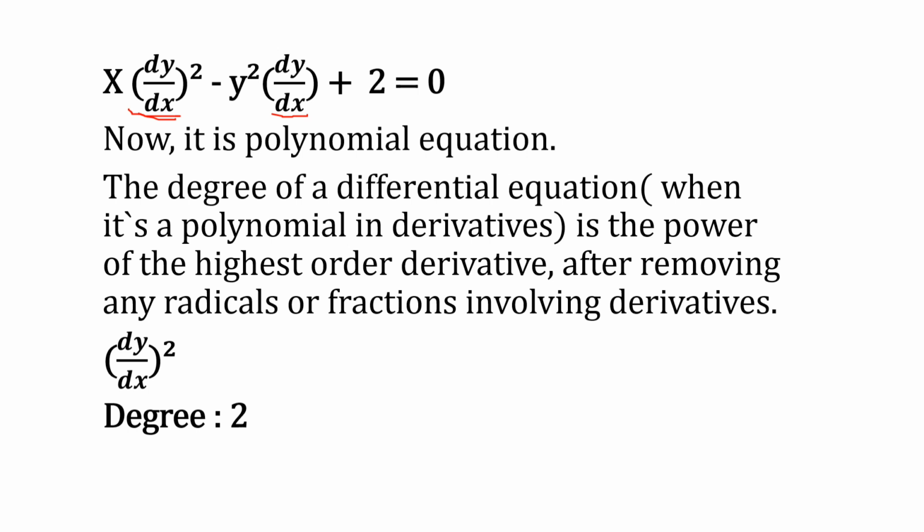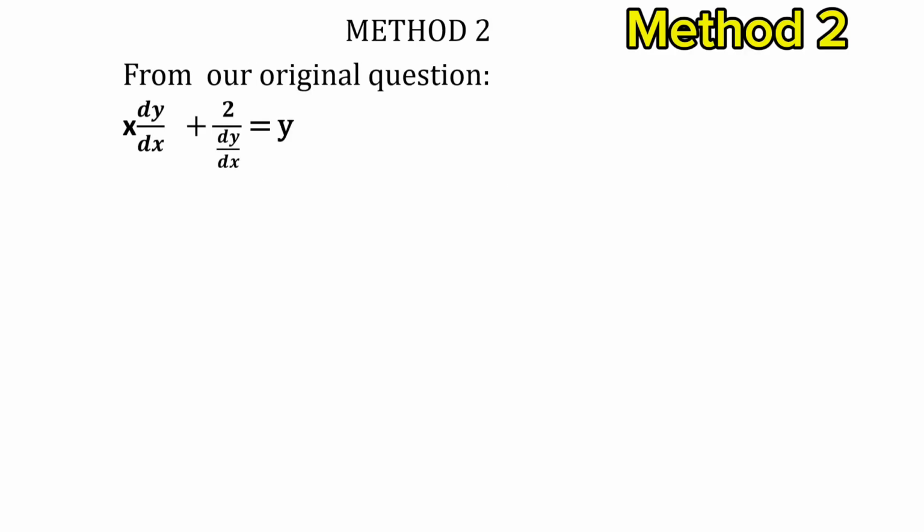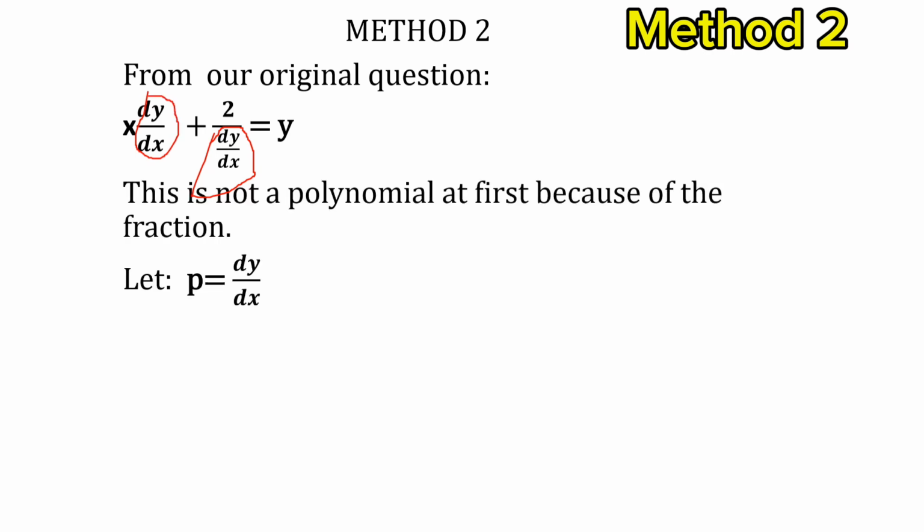Considering the second method now, from this equation, let's make dy/dx to be p. Anywhere you see dy/dx, just represent it with p. Now if I represent it with p, this term will become x times p, plus 2 over p, because the dy/dx here changes to p. Then we have y